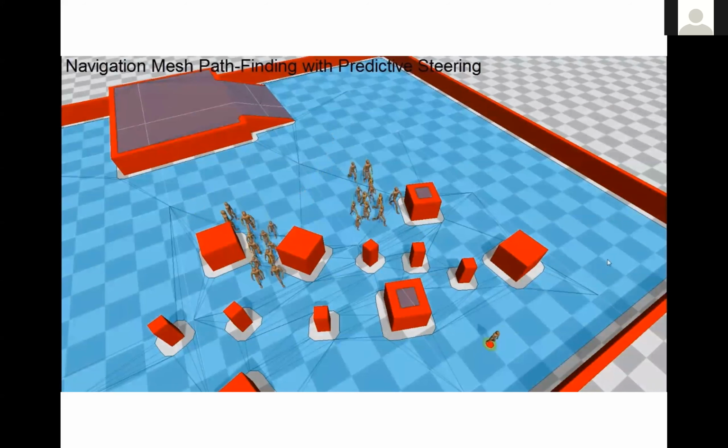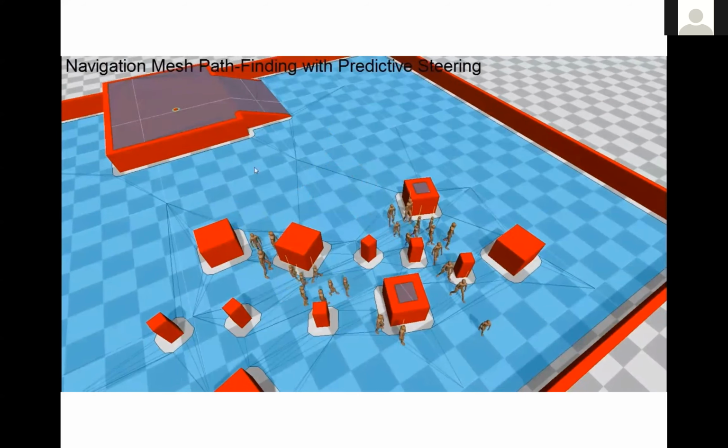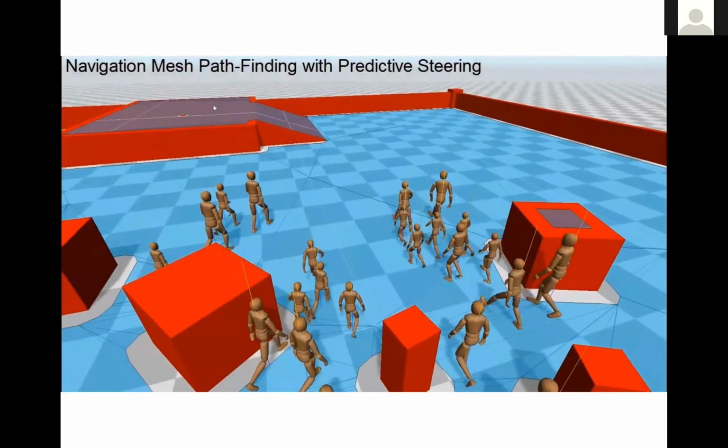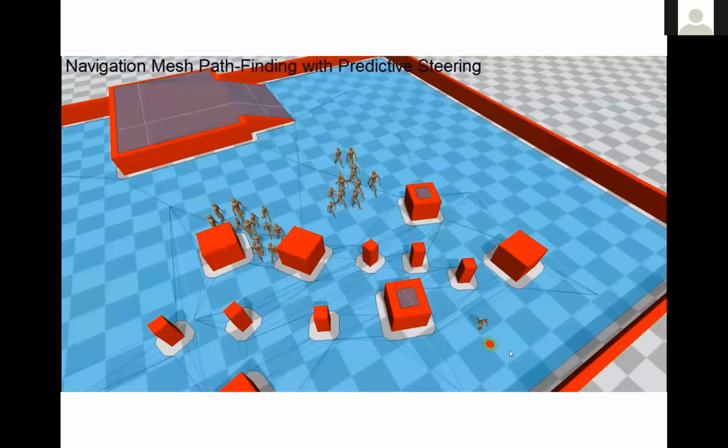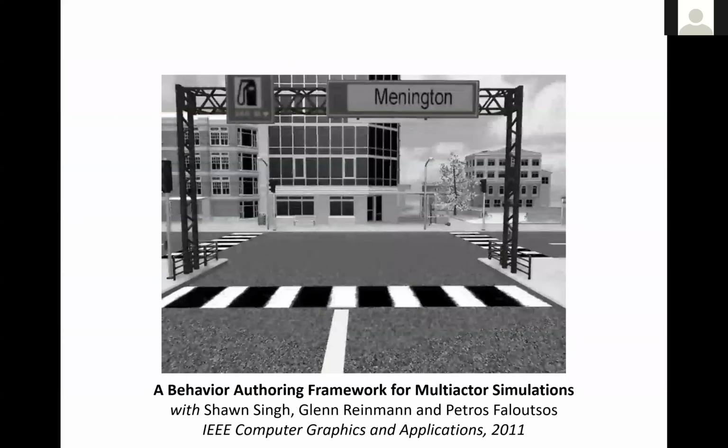So all of these systems sort of come together. The pathfinding, steering, and locomotion layers come together to produce these homogeneous simulations, where these humanoid characters are moving about in a seemingly similar fashion. However, heterogeneity amongst virtual agents is usually injected at the authoring and visualization layer, so in the visual appearance of these humanoid agents.